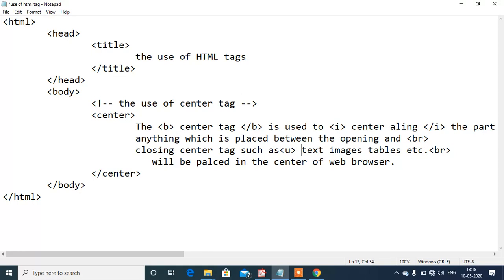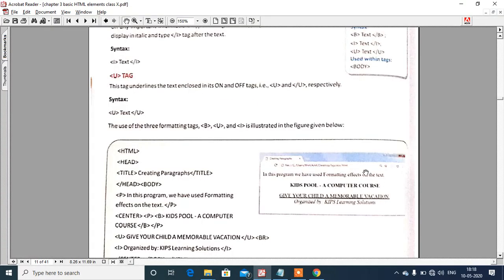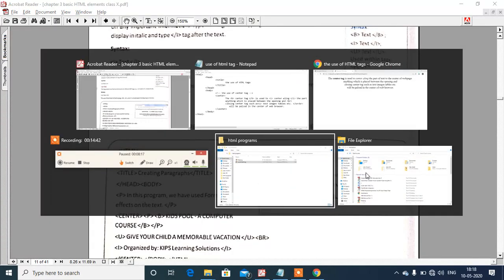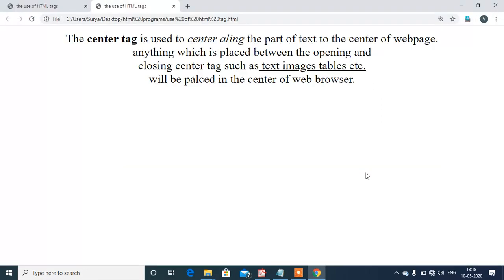So we can write U open and after etc. I am writing /U. Control S. F5. Now you can see text, image, table, etc. These characters are now underlined.